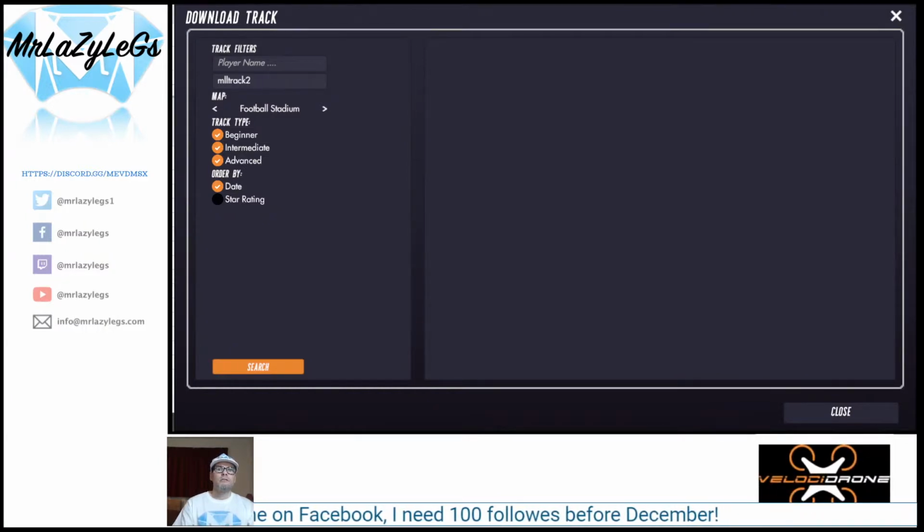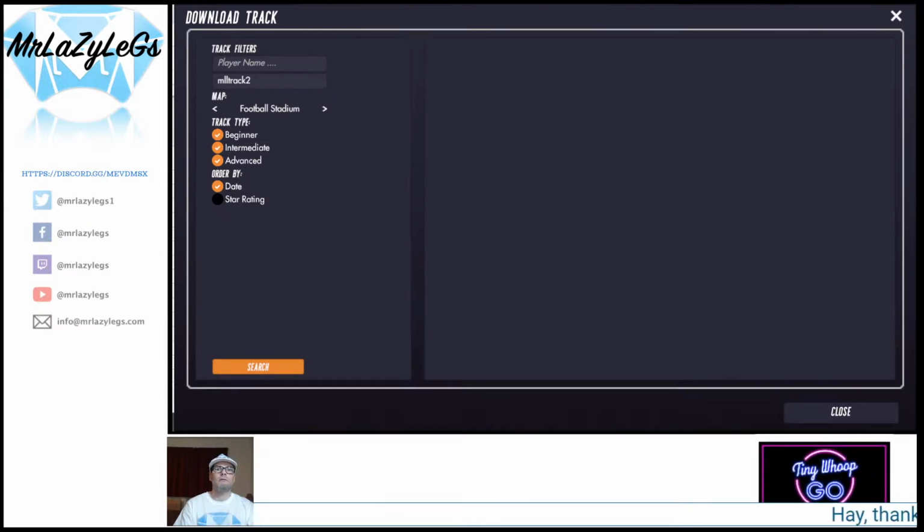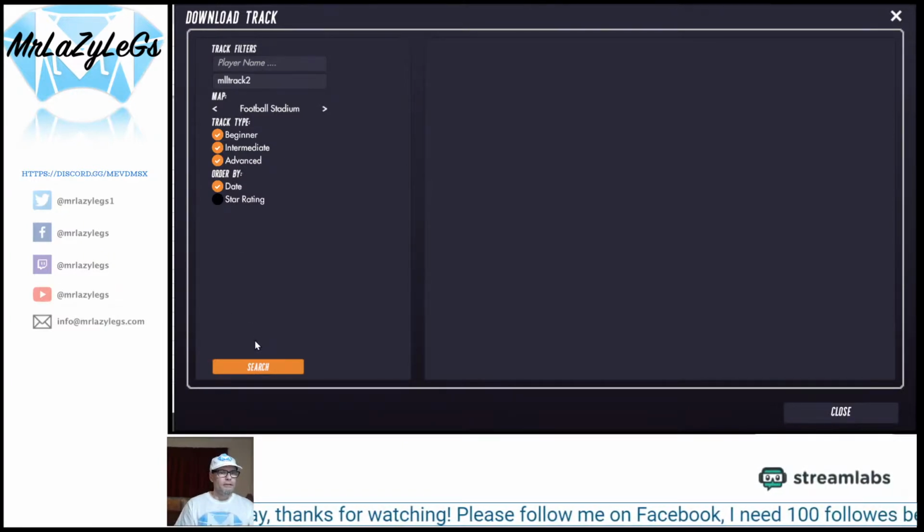A custom track leaderboard works exactly the same way as a leaderboard track. Leaderboard tracks are ones that we make official so that they are automatically... Right, okay. I'm not getting anything. Right. Okay, so yeah, I'm not either. If I put in MML track 2 and